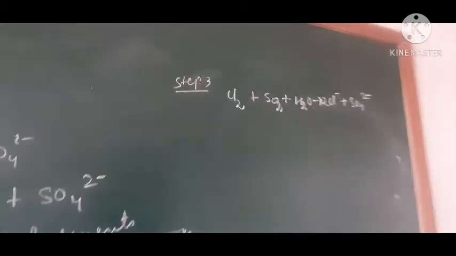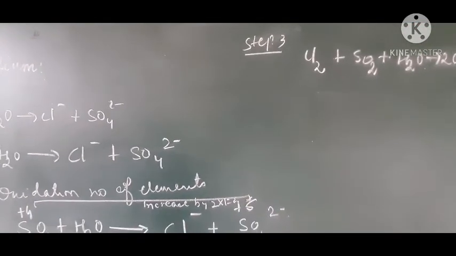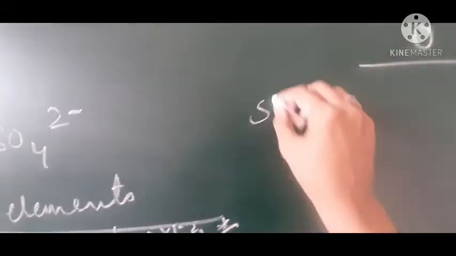Cl2 plus SO2 plus H2O gives 2Cl minus plus SO4 minus 2. You can just check over here that it is Cl2, chlorine, whenever you react with SO2 plus H2O, gives 2Cl minus plus SO4 minus 2. Now net charge is 0. Here we have minus 4, minus 2, minus 2, that is minus 4. So to balance it, we are adding plus 4 over here. So what we are writing is step 4.